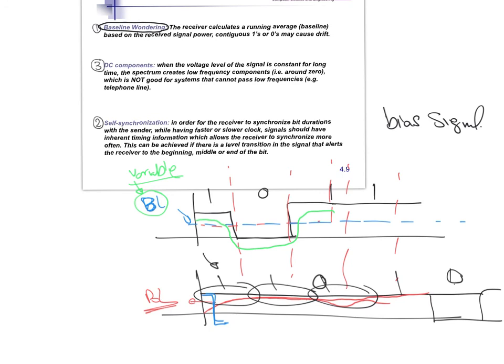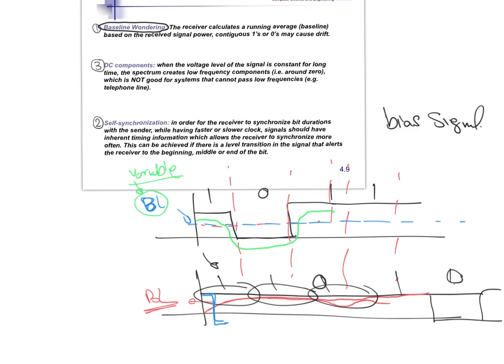So the more changes I have, the more accuracy at the receiver side in resynchronizing its clock. Therefore, it reduces the probability of error, the probability of receiving extra bits than what has really been sent. So, in other words, the rule of thumb here is that you should never have the same voltage level